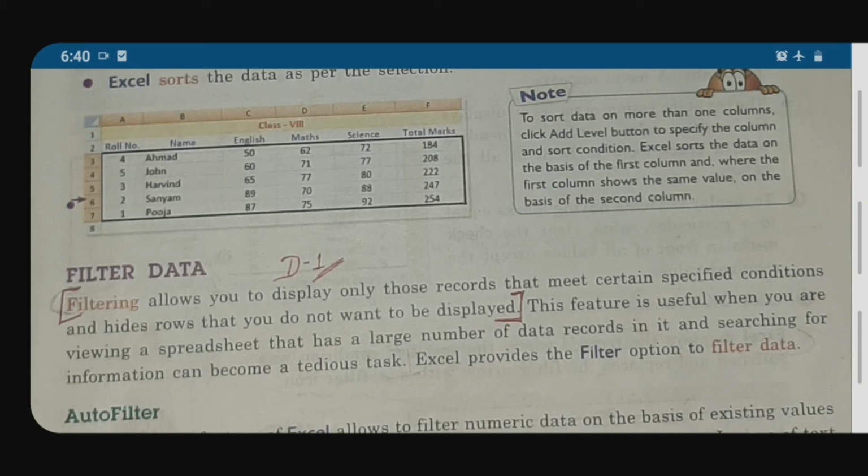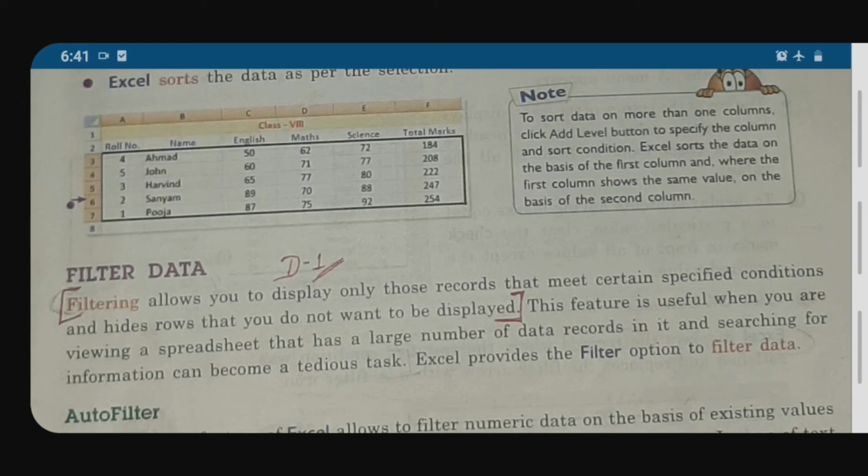For example, I hope you all are doing online shopping, so there you can see the filter option. According to your choice of what you want to see, you can filter that, so only the selected options are showing to you.